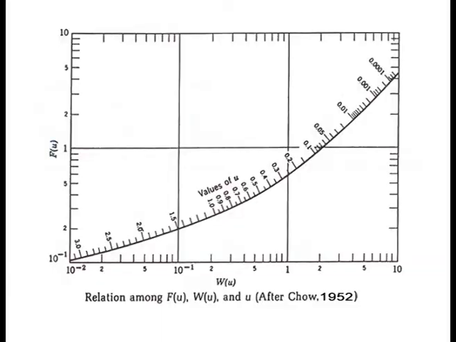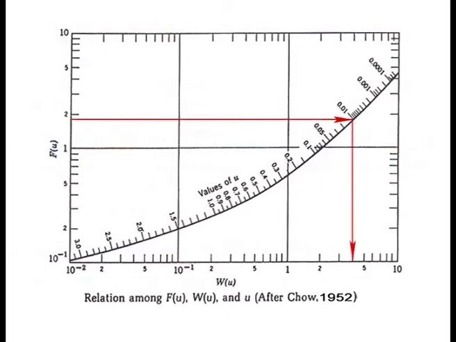Delta s is determined just like in the Cooper-Jacob method, that is, the difference per log cycle of small t. So, when we get small s upon delta s, we get the Fu. From the Fu, you go to the standard curve given by Cho, and you get the corresponding value. For this value, you determine the u on the middle curve, and from that point draw the perpendicular, so you can determine the value of W. Here you have determined the value of W and the value of u.